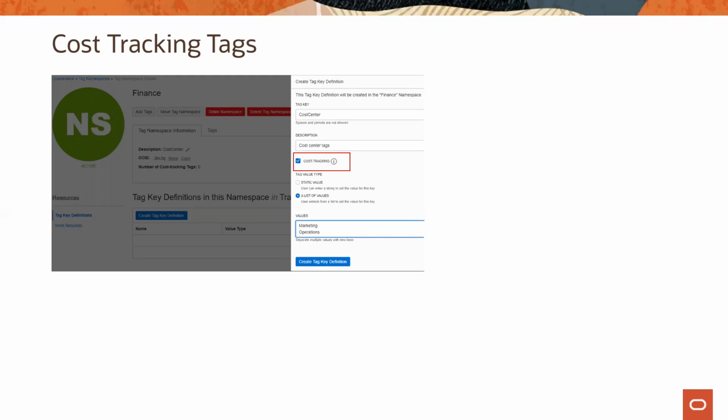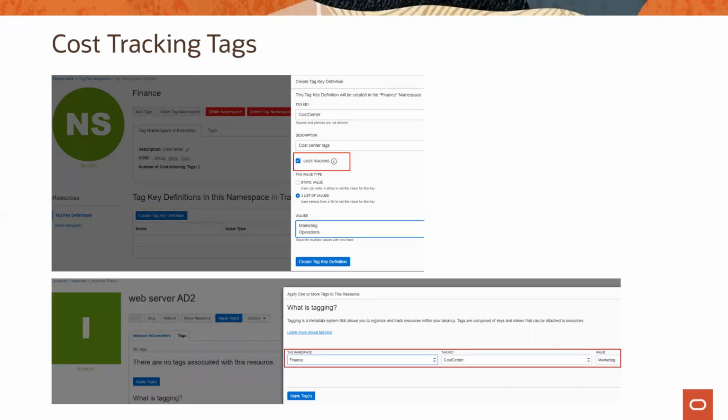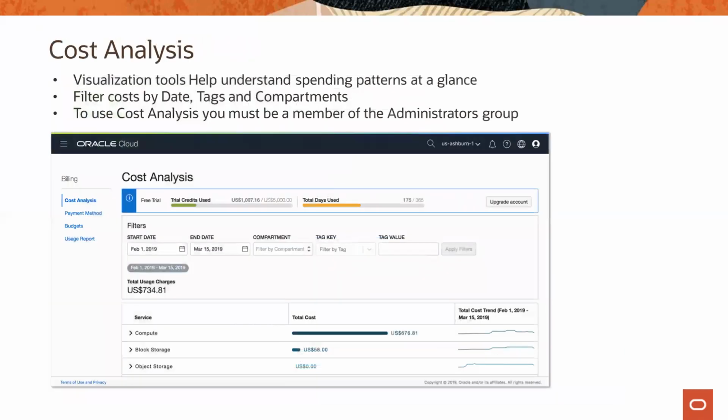So you just put tags and then you filter on those tags. This is how you can see in the cost analysis: you can use tags, you can use compartments, and you choose the start and end date, and then you can filter by compartment and tags. Compartment, as in the course, is a logical definition,